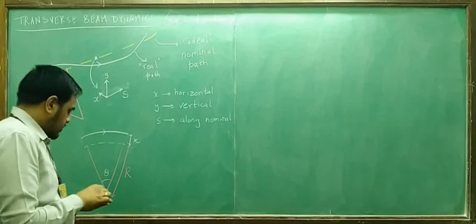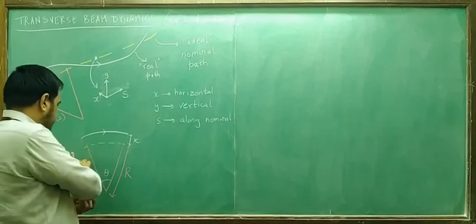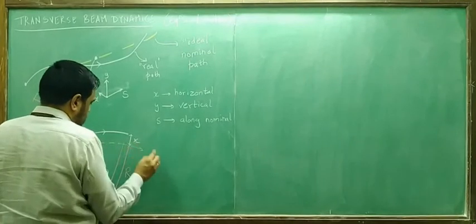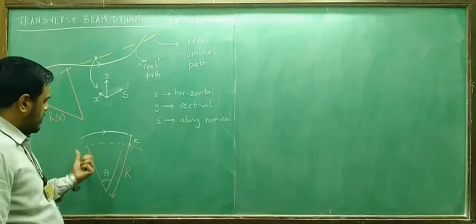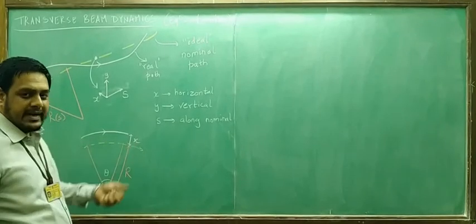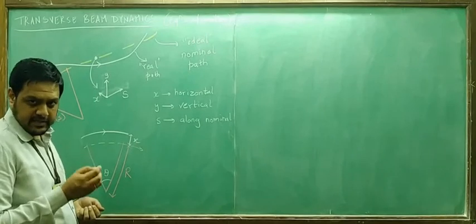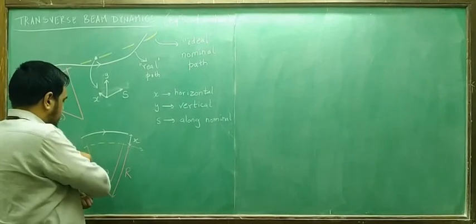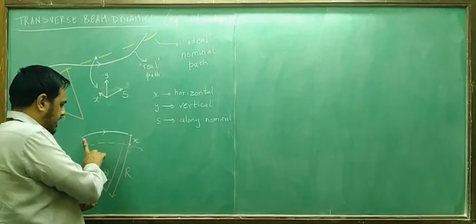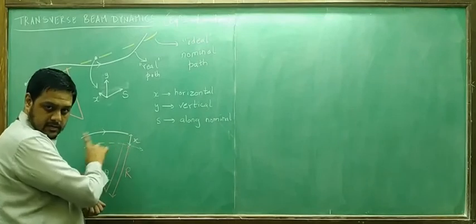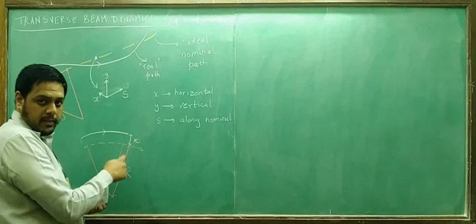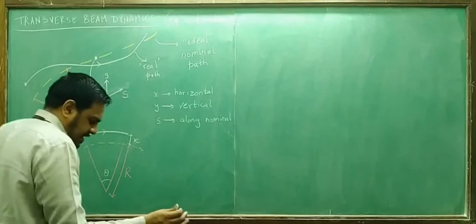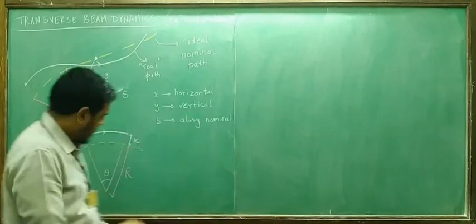Okay. So, the velocity of the particle as it moves along the nominal trajectory you can call it s dot, that is the rate of change of s. I'll put it down in a moment, but just keep that in mind. And if the actual particle is moving with the same angular speed, then the actual speed of the particle will be more, because if you are taking a curve, the guy who is on the inner side has to move slowly, the outer side guy has to keep up with him, he has to move faster. That is exactly what will happen here.